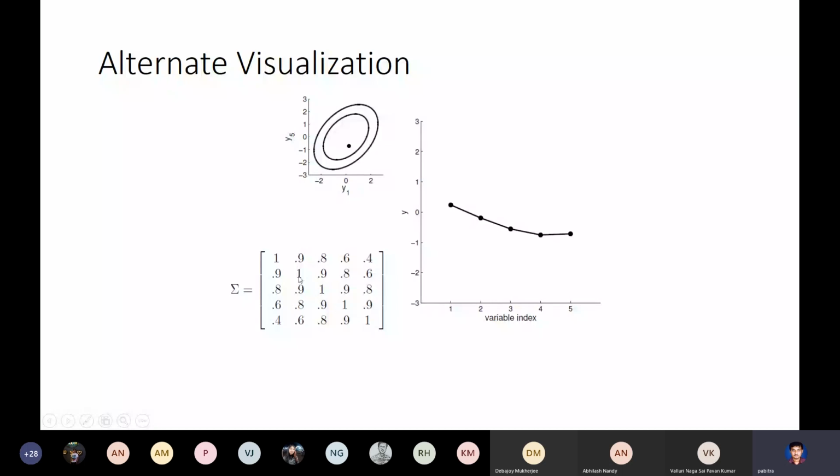So you can see the values which are highly correlated, say this 0.9, that means variable 1 and variable 2 are highly correlated. So these two will move together. As we move the samples, this curve will change. This curve will oscillate, but these two points will move together. Whereas if they are not correlated, say for example, this 0.4 for variable 1 against variable 5, they will not move together. They'll move independently of each other as we vary the sample.